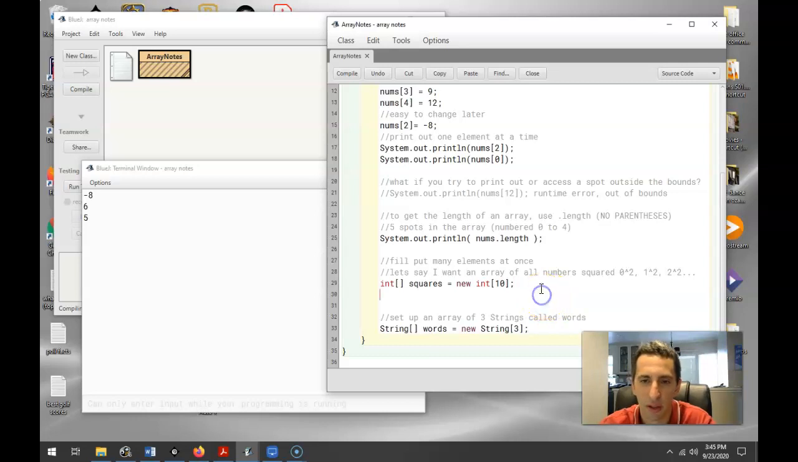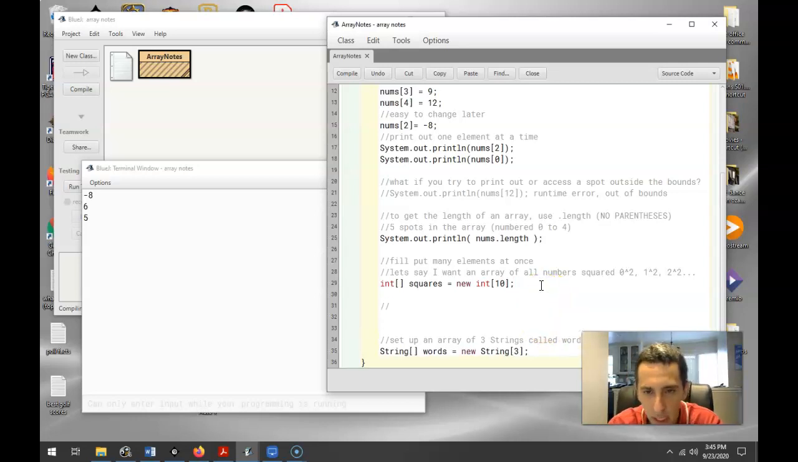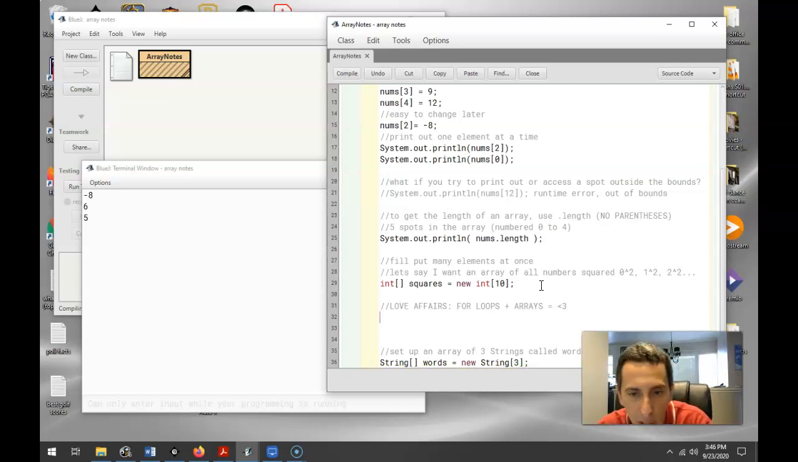So when you think of the great love affairs in history, you think of Romeo and Juliet, Bill and Monica. But I think for loops and arrays are right up there. So for loops plus arrays equals love. If you're ever wondering how can I do something to a whole array, the answer is almost certainly a for loop. So if I want to fill up each spot i with the value of i squared,